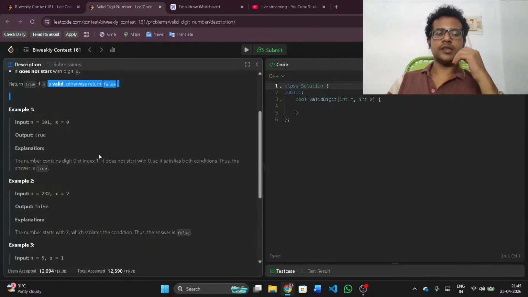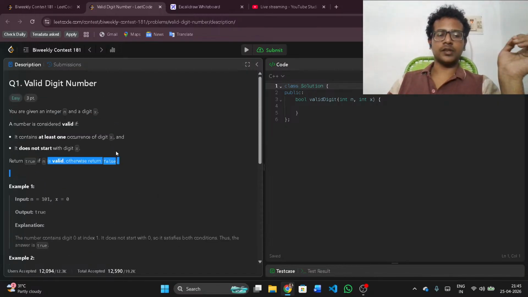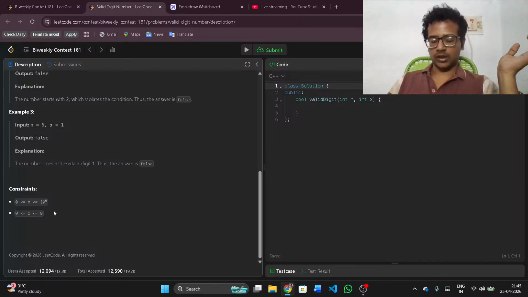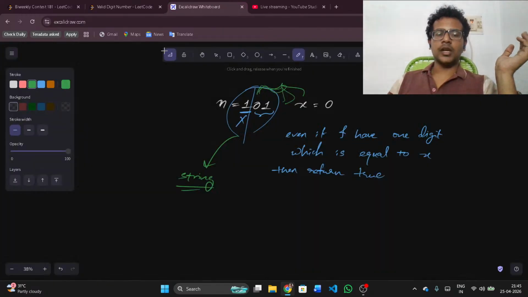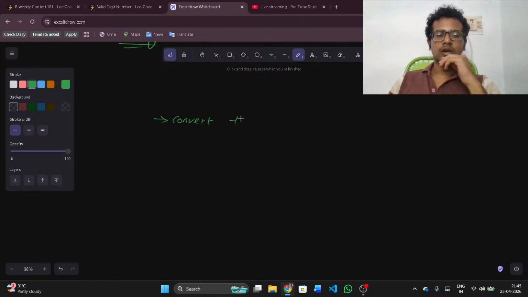So let us see what the constraints are. I have seen the first example and also the description, so let us look at the constraints. n can be up to 10^5, and x can be 0 to 9 inclusive. So what I'm thinking here is to convert the